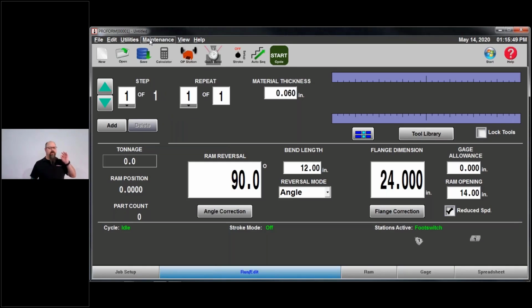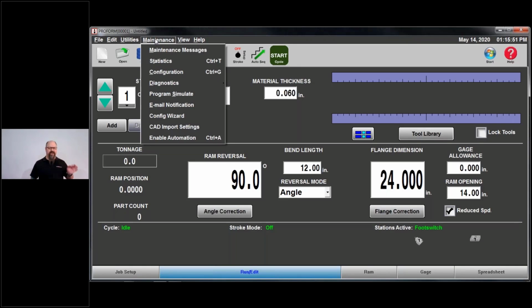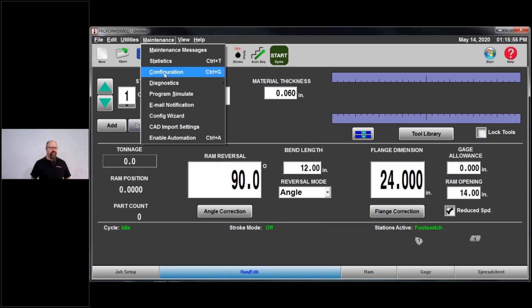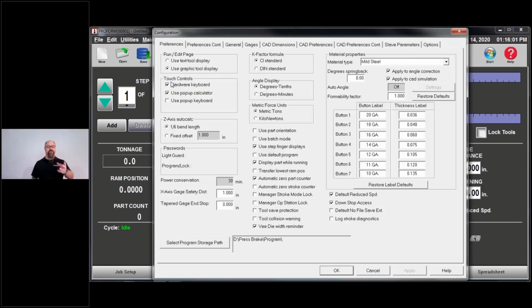From the offline perspective for programming, the only thing I'm really going to look at here is the configuration. So from maintenance configuration, I click on this and it opens up a new window. And you can see across the top there are a bunch of tabs. I have preferences, preferences continued, general, gauges, CAD dimensions, preferences, all the way across.